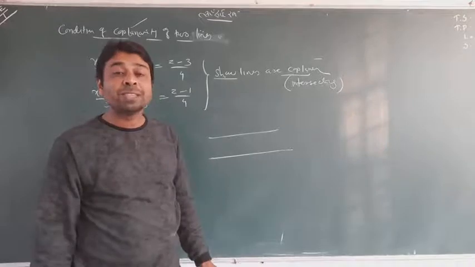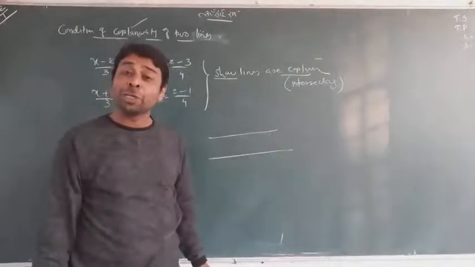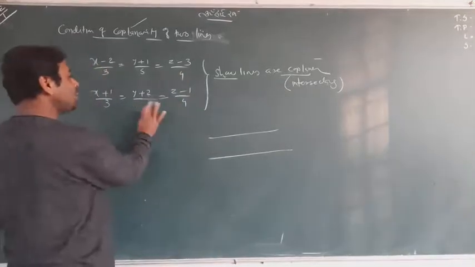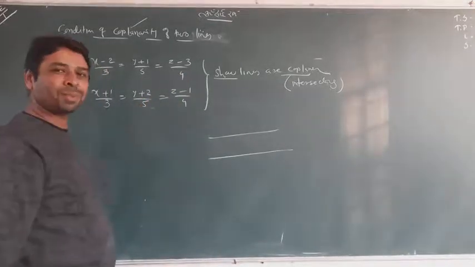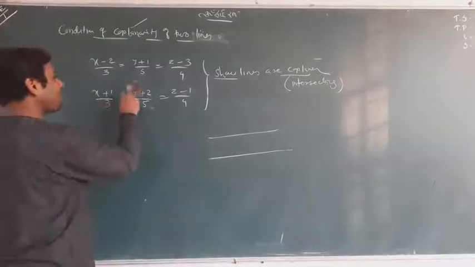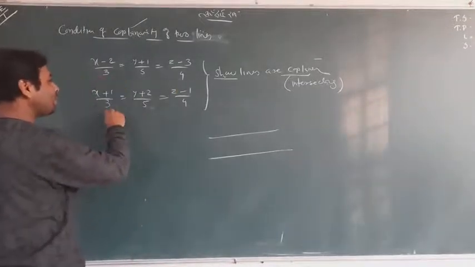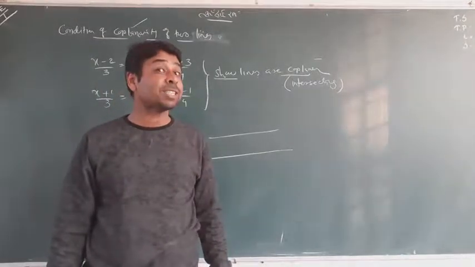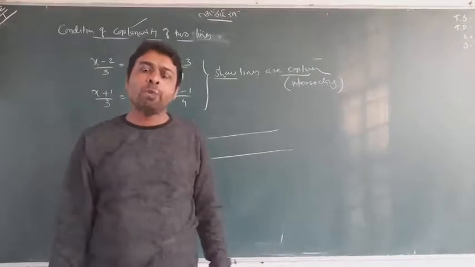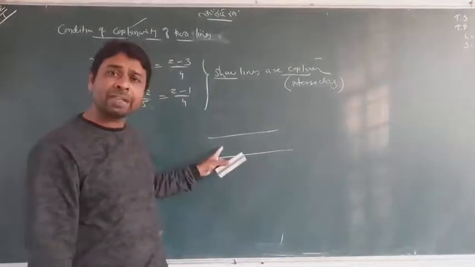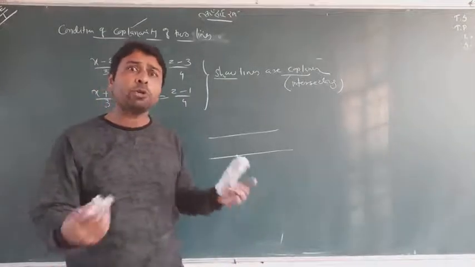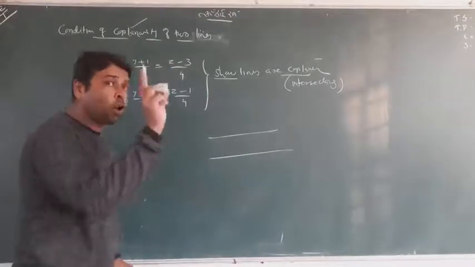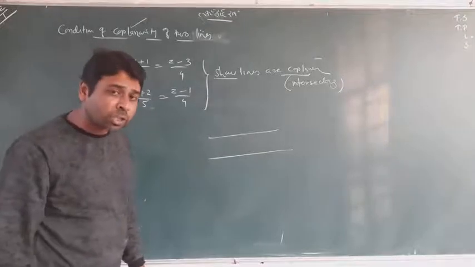Why? Because lines are parallel, one can identify by watching their ratio. Suppose we have a 5 here. What do you think? 3 upon 3, 5 upon 5, 4 upon 4. Proportional. Ratios are same. Lines are parallel. When lines are parallel, it means they will lie in the same plane. So what have you shown? You haven't shown anything. This kind of line will not be given, guys, and you should understand that.